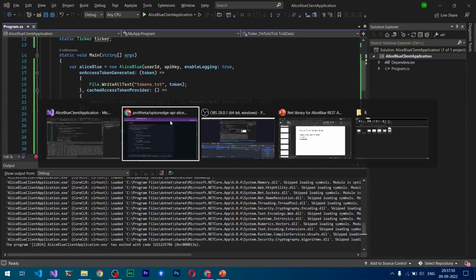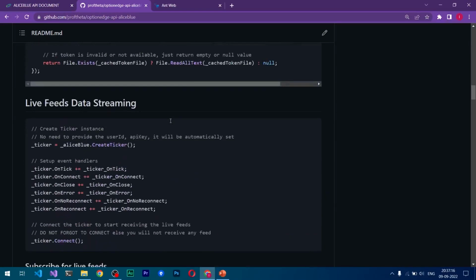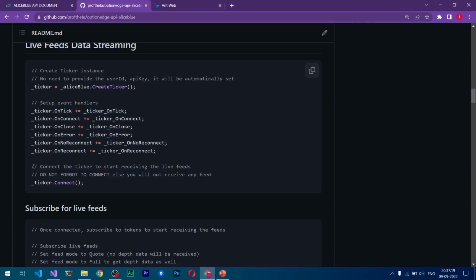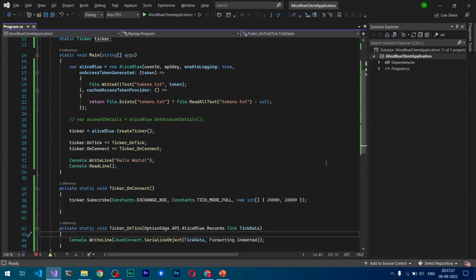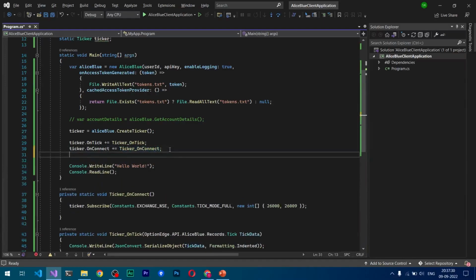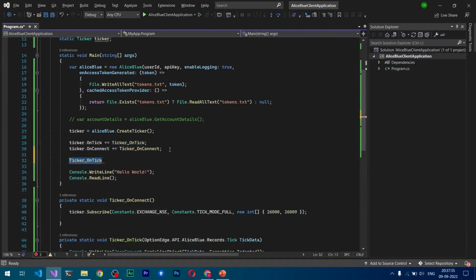Okay, now you can see nothing is displaying here, no information. What could be the reason? Okay, now if you see this documentation, this line, we forgot to add this line: ticker.connect. So we have to connect this ticker, make a connection to the web socket. So ticker dot connect. Now if I run this application,